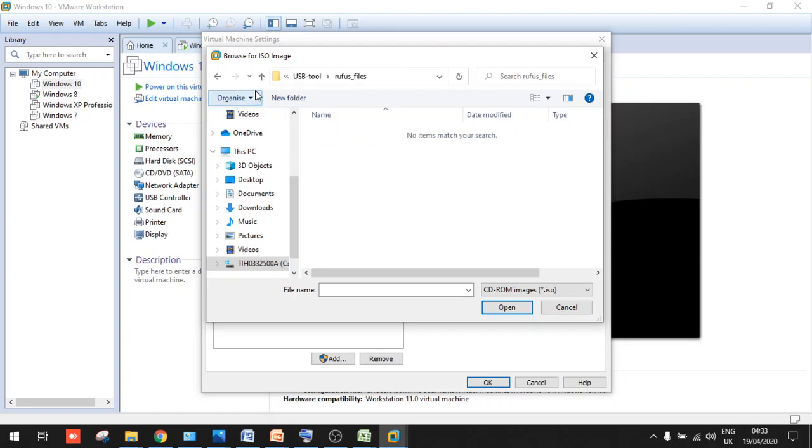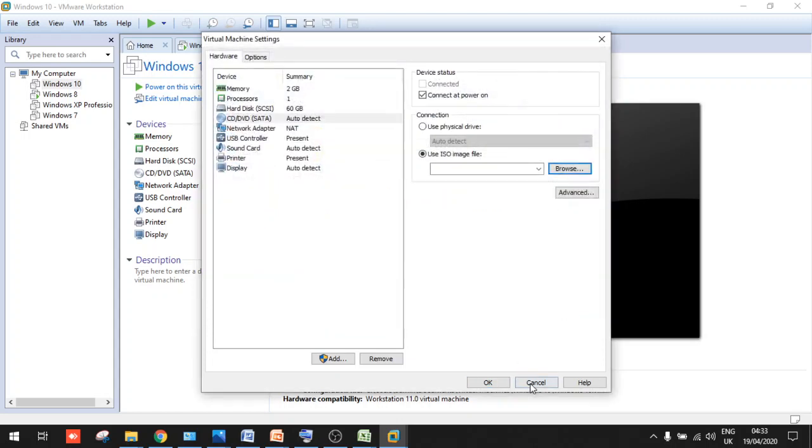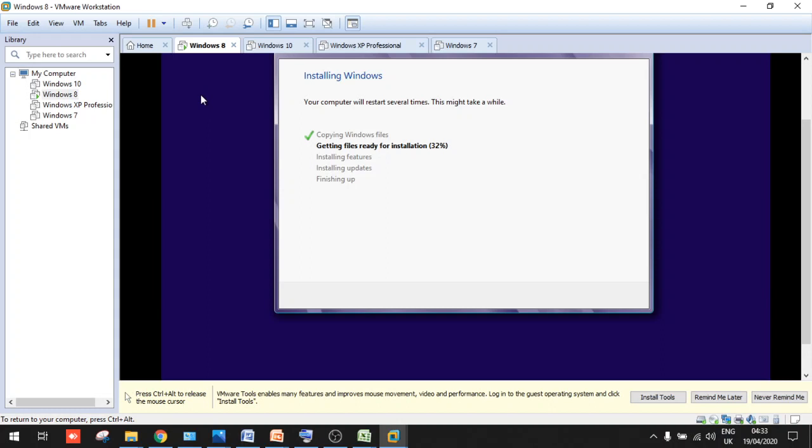I'm sorry, unfortunately the file is not available. I'm sorry, but the ISO is not available in this folder. I had not checked before, I'm sorry for that, and I will cancel this. So we will focus on Windows 8. Very soon